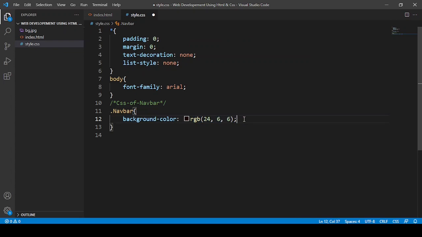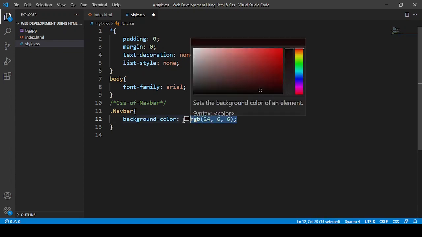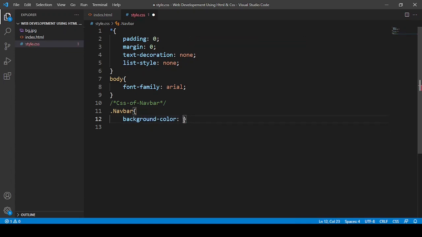But if you are not using VS Code, don't worry. You can go to your browser and search for color picker.